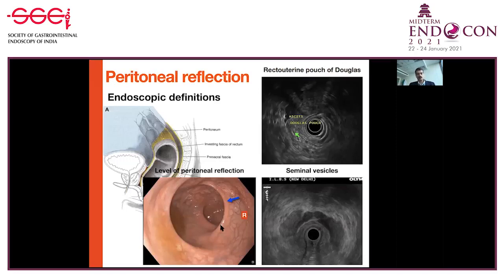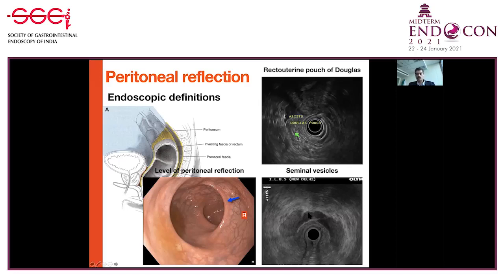How about the peritoneal reflection? This is very important oncologically because the grading of rectal cancer into T4a and T4b depends on whether the peritonealized surface of the rectum has been breached. So T4b rectal cancer is when the rectal cancer breaches into the visceral peritoneum or into the adjacent organ. Endoscopically, we know that the middle rectal fold is the mark of the anterior peritoneal reflection, around 7 to 8 centimeters from the anal verge, usually marked on the right side, as you see in this image.